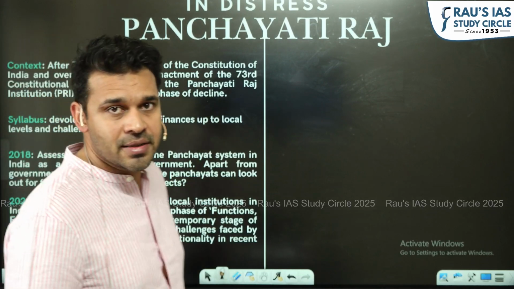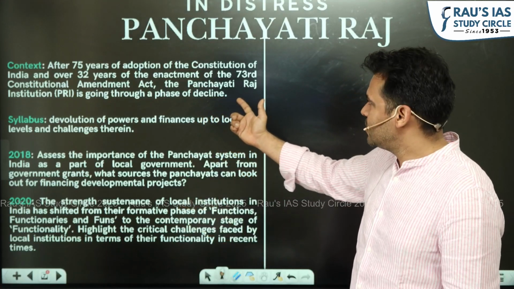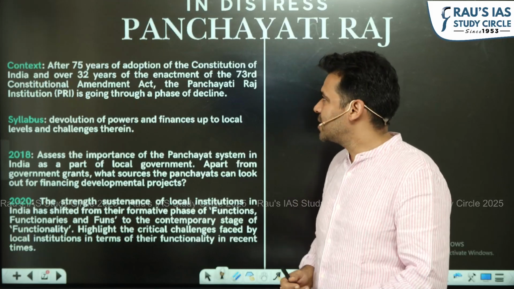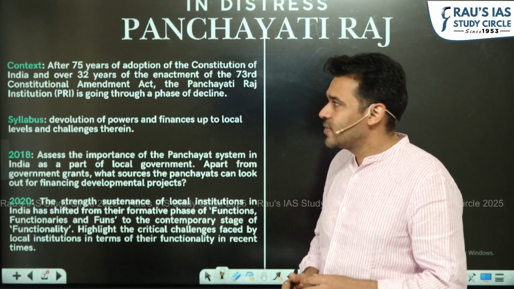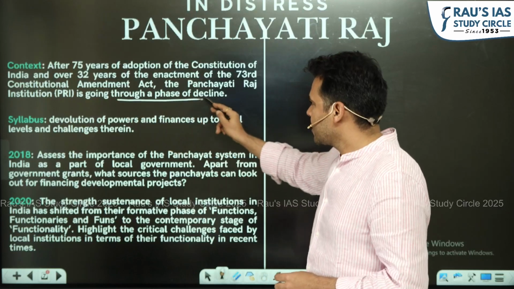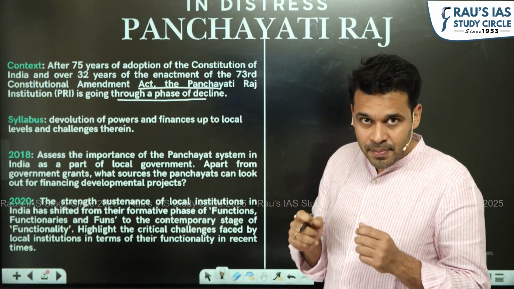Panchayati Raj in distress. Now, the context is that we have 75 years of adoption of the Constitution of India and over 32 years of the enactment of the 73rd Constitutional Amendment, which provided for rural self-government and local government in our country. It is going through a phase of decline. Why is it going through a phase of decline? Because the idea that was anticipated, which is mentioned in the Constitution as well, to give them enough power and enough finances so that they can become a unit of self-government, self-sustainable governance,